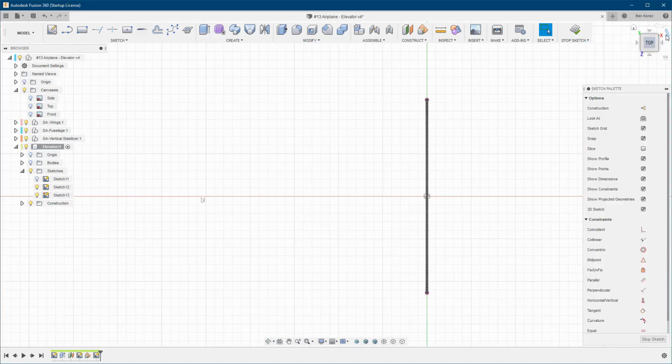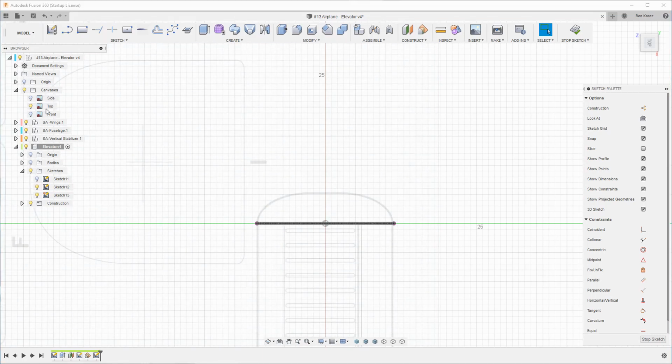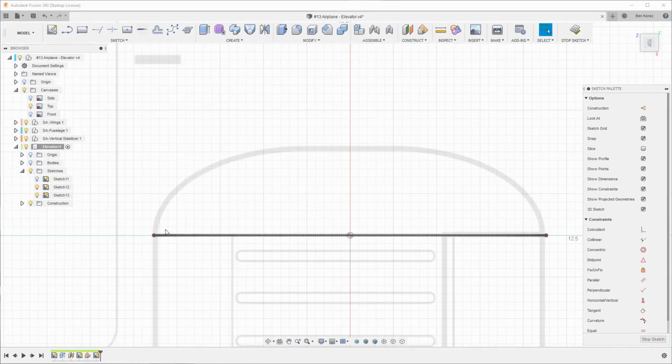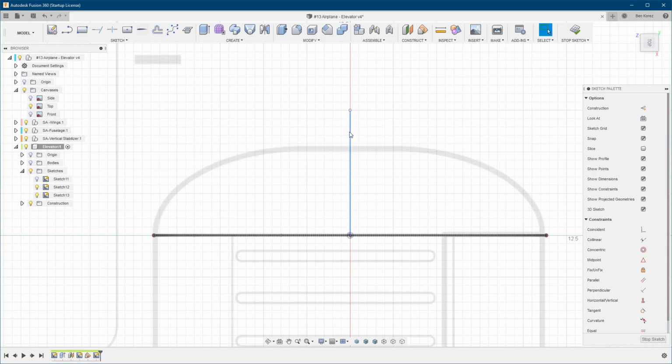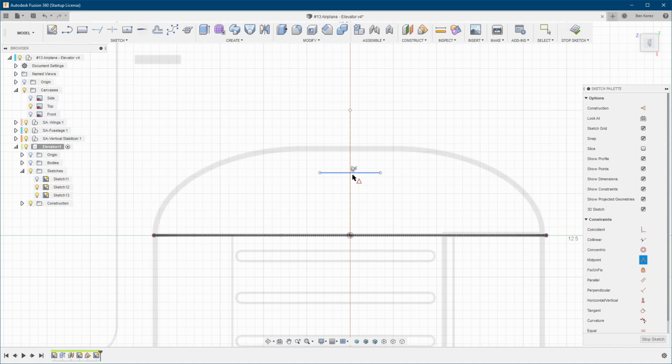Okay, so now I'm just going to turn it around like that, and I'm going to turn on the top view canvas, and I'm going to create this shape here at the end, the tip. So first thing, I'm just going to create a center line here, and this is just a construction, and I'm going to create a straight line from here to here. Good. And I'm going to take the midpoint, so it is, sorry,